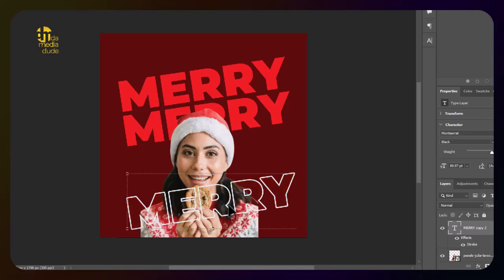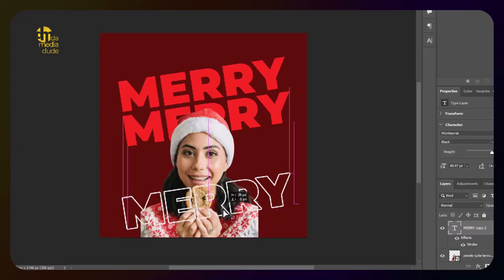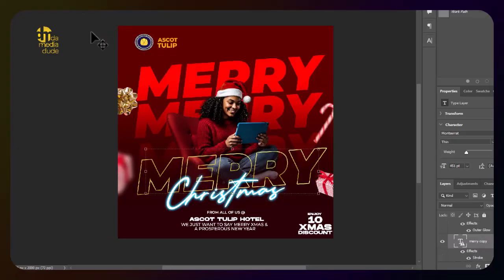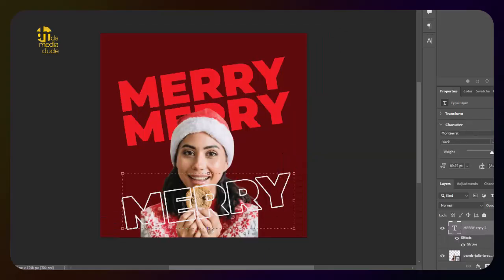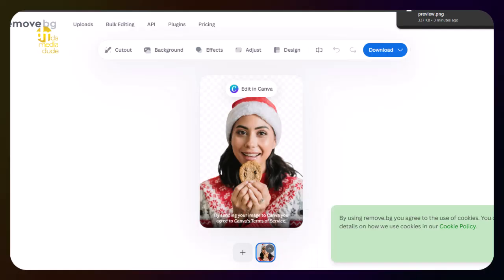Automatically that affects just the fill, but our outline shows. So this is how simple it was to create this. And then I'll just bring in my Christmas decorations, my gifts, the candlestick, and then this gift wrap. Now, another set I'm going to show you immediately before I end this class is what I call